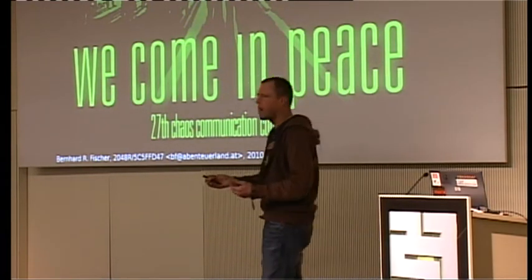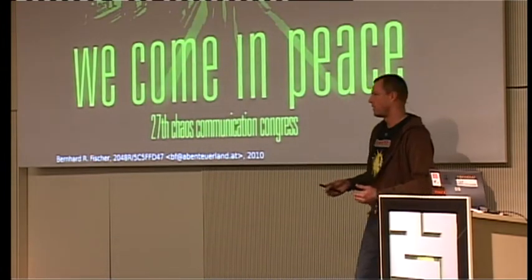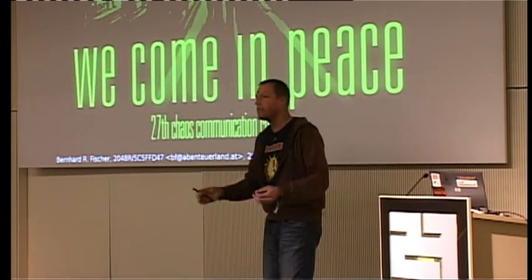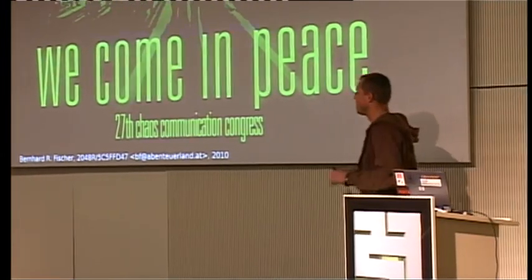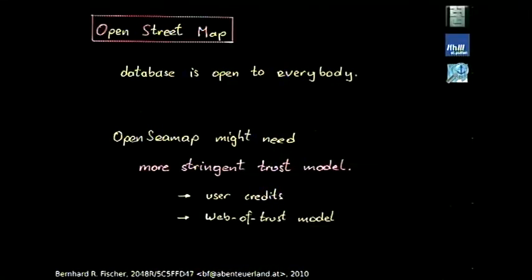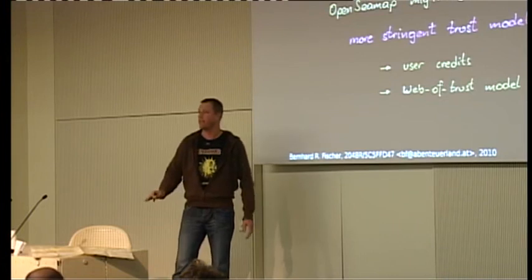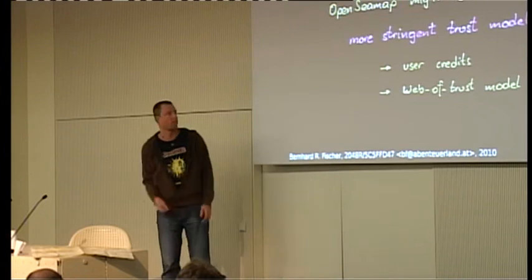So we trust that no problem happens, that there is no malicious suspect who really changes data. And in my opinion, this might be a problem for OpenSeaMap, because a sea map is vital for safe navigation of a vessel. We should somehow make sure that we can trust the data, that we can say it's reliable, it's correct, it's confidential, its integrity is kept, and it's available.